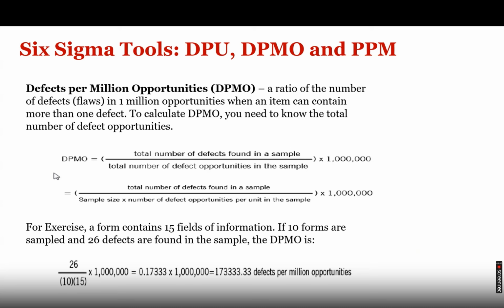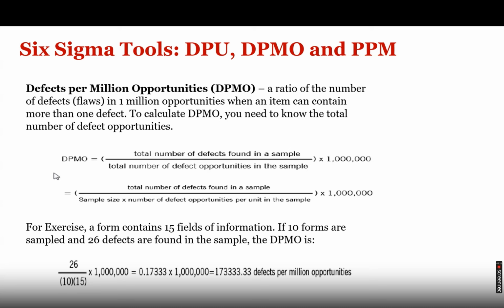I will give one example now for the discrete process capability calculation. Suppose one of you goes to a purchase department, just as an example, and you are required to fill up 10 forms. So the number of units over here is 10 forms, and each form has 15 fields. So opportunities per unit are 15 fields. If I ask you how many total opportunities you are filling up, it is 10 into 15, 150 opportunities.